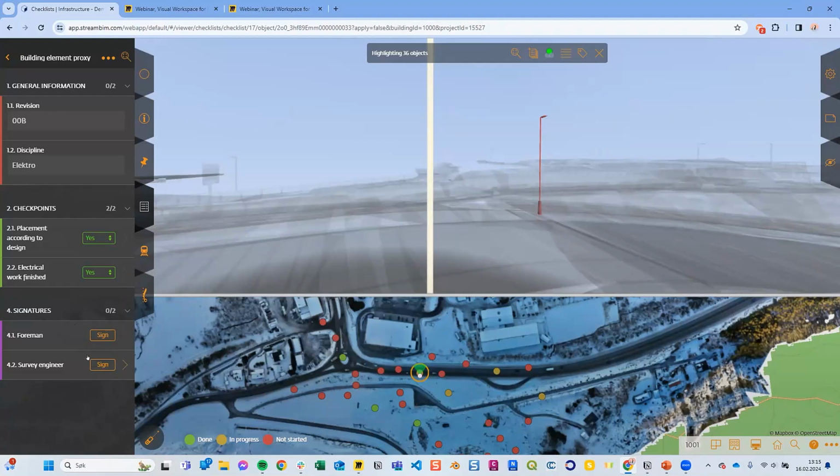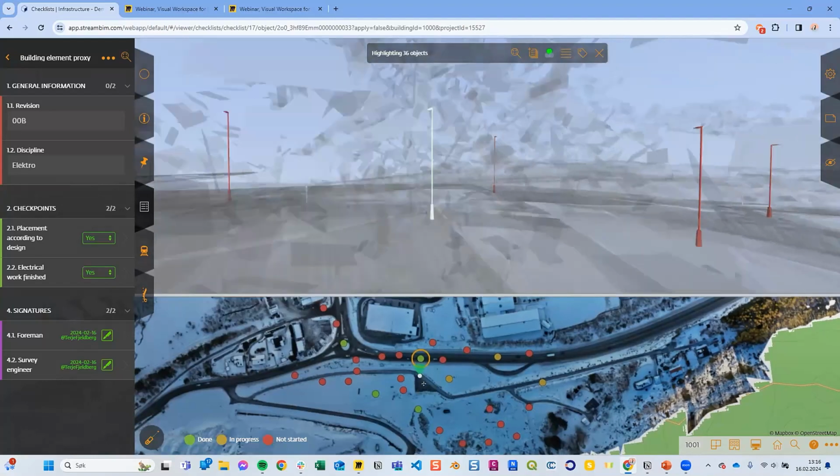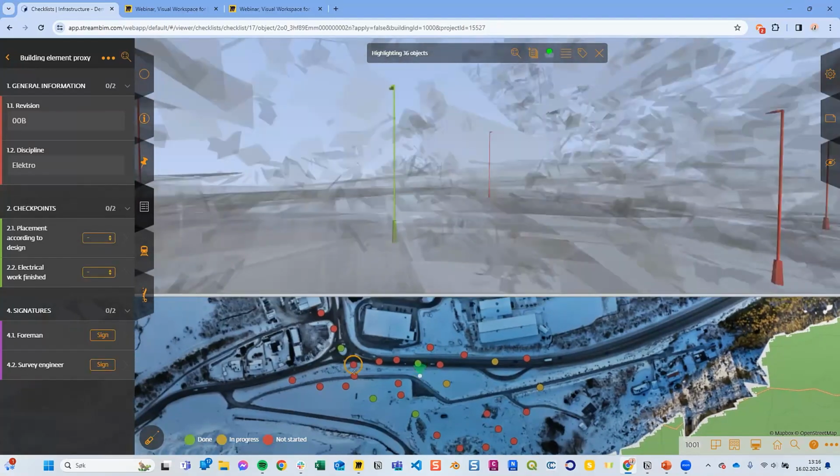I can sign both of these because I have the admin account in Rendra. But typically you have permission rights for these. So there's certain people who can sign these. That depends on how you have set it up. So when these two now are filled out, you can see that it turned green. You can see it in 2D here as well. It turned green. If I now jump to the next one here,